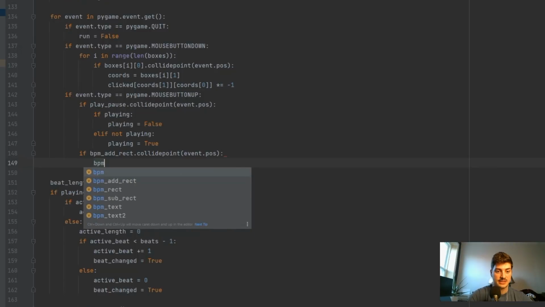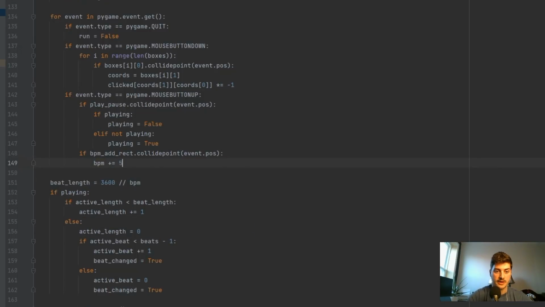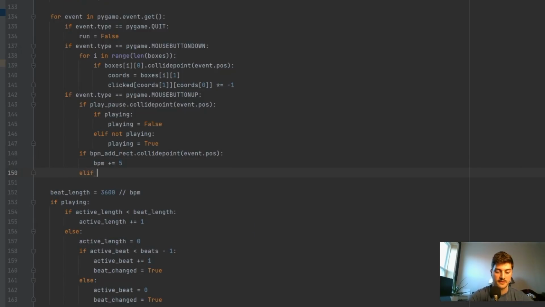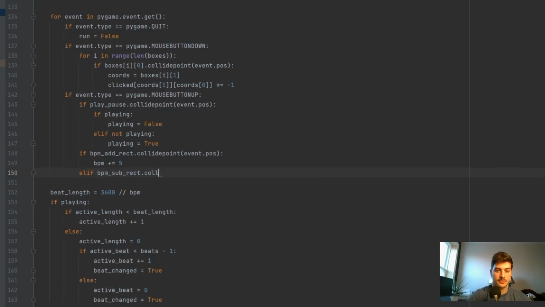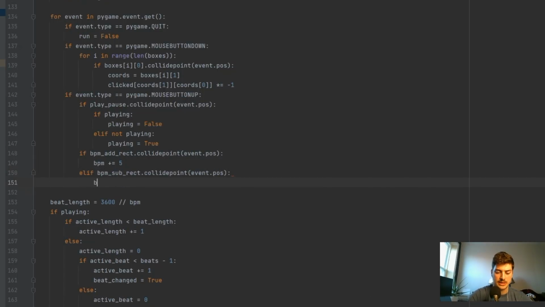And so if that's the case, then we just want BPM plus equals 5, and then we'll do an elif BPM sub rect dot collide point event dot pos, BPM